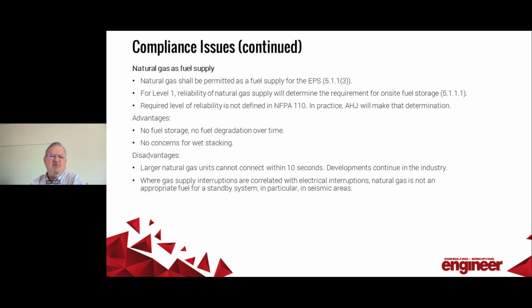And maybe the most important, the same event can disrupt both gas and normal power. That might be a seismic area, or as we had in Texas in 2019, a deep freeze, or lately, let's say 2020 maybe, that disabled both gas supplies and electrical. When those losses are correlated, a system can't rely on natural gas for standby power.